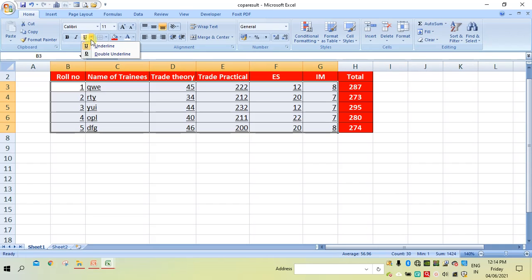Similarly, if you want to make a double underline, then you can select this. This is a single underline. Optional, always we have a single. If you want a double, then you have to go inside and then select this.